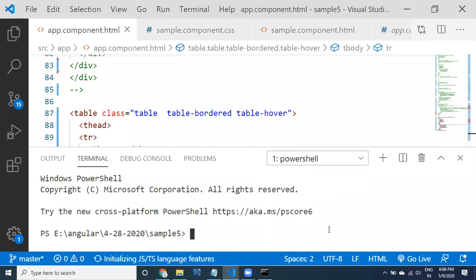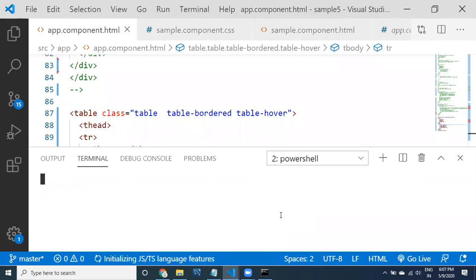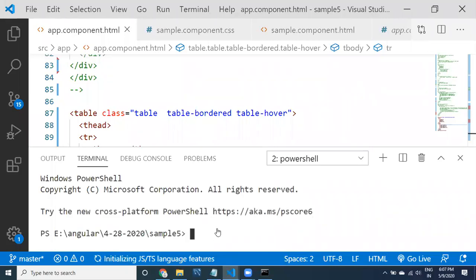Why we need multiple terminals: in one terminal you can say ng serve, so this is going to work. You can create another terminal, and in this terminal you can run ng generate component.